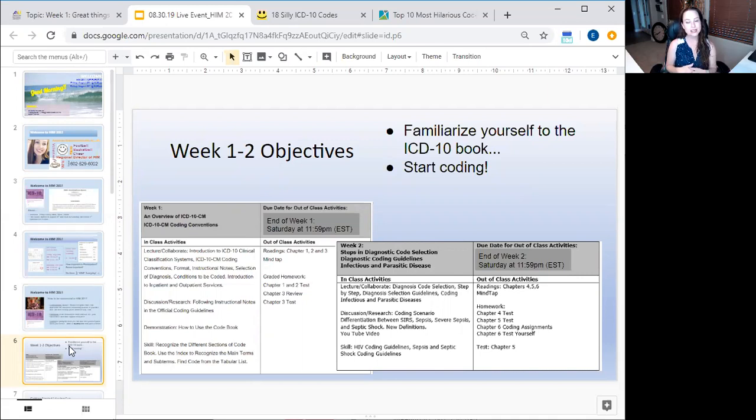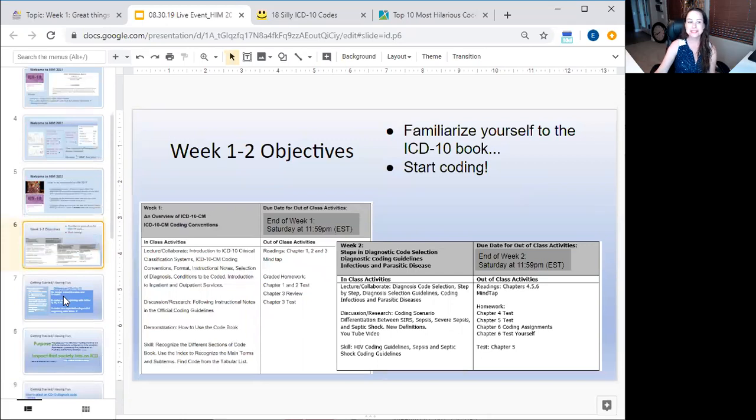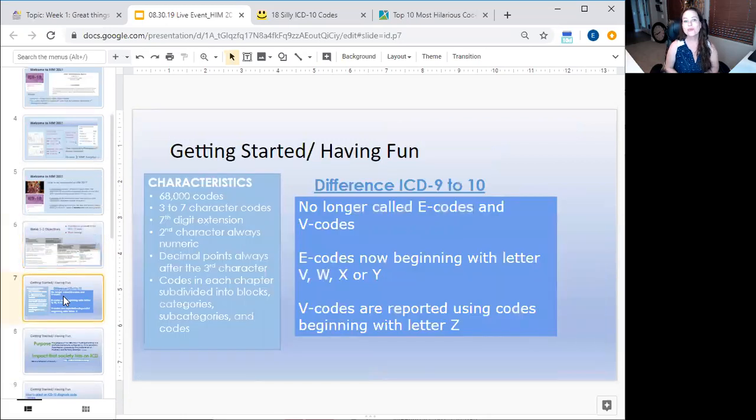But this week is a little bit more on wrapping up what is ICD-10 and how do we even approach coding in ICD-10. So let's kind of jump through. I have just a few slides here to support this. So one of the things that's important to consider is that in October 2015, there was a dramatic shift in the coding environment in healthcare in general. And that's where we went from ICD-9 to ICD-10.